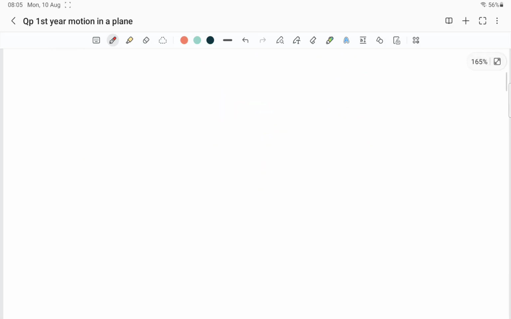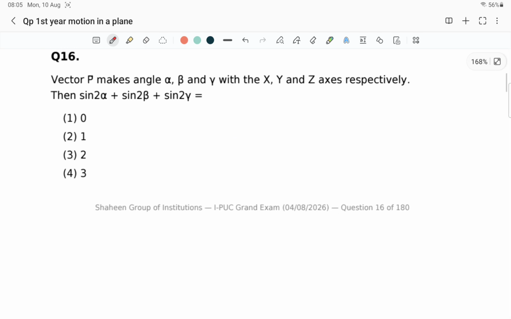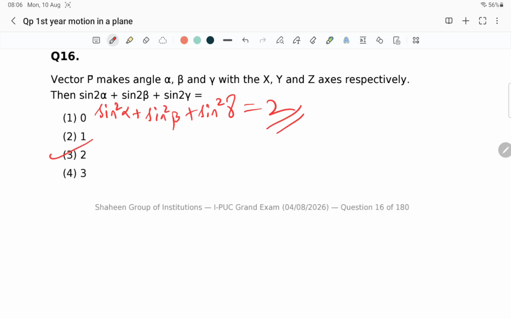Question number 16. Vector p makes angles alpha, beta, gamma with x, y, z. Then sine square alpha plus, this is not sine 2, this is actually sine square alpha plus sine square beta plus sine square gamma. If you see your notes, we had given this answer as 2. We had done cos square alpha plus cos square beta plus cos square gamma as 1. When you substitute cos square as 1 minus sine square, you will get 3 minus 1, that is 2. Okay, so this is simple. I hope this is understood. Next,